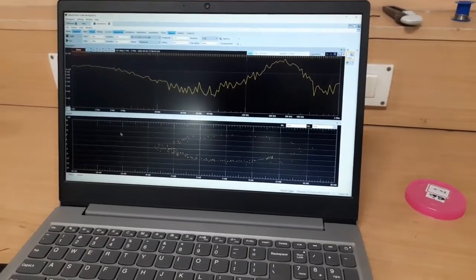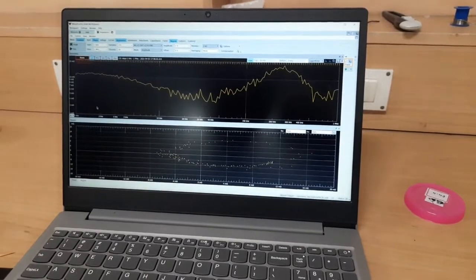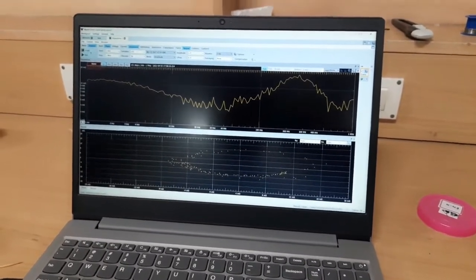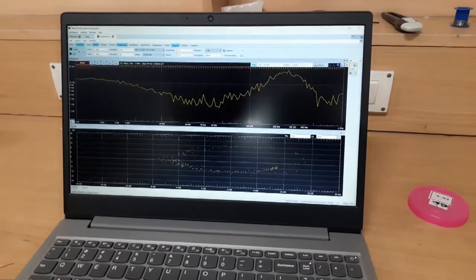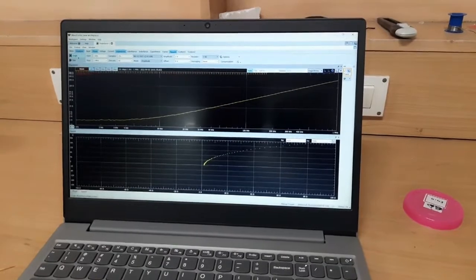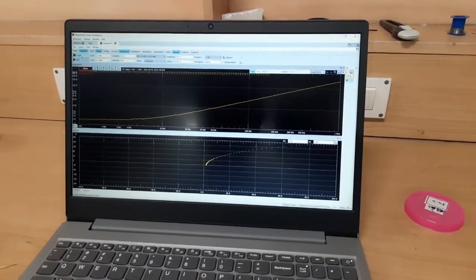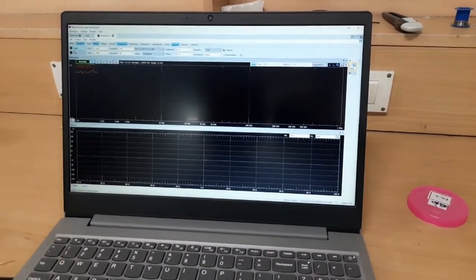To start the measurement, as I already put the electrode in the sample, let me start the measurement. I have to click here on single. You can also put it on run. Okay, so let me do it again.